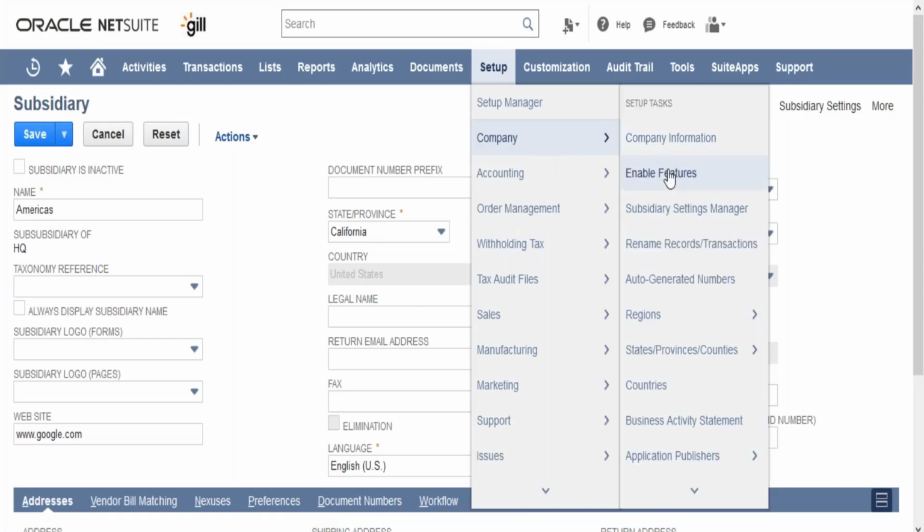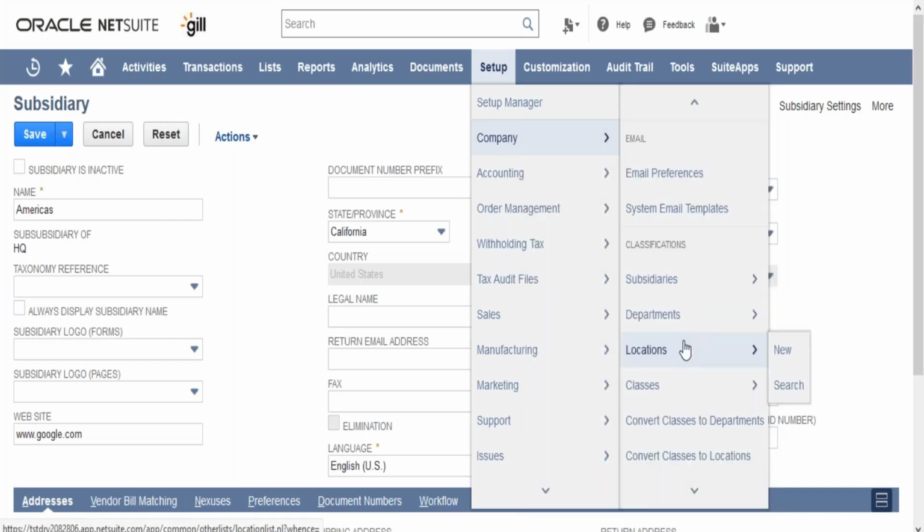Now let's move forward and see locations. Okay, so any guesses what is a location? Yes. So location is nothing but, you can say, I might have various branches, I might have various offices, okay? But these offices are specific to a particular subsidiary. Okay, so we took an example of Tata Group, right?